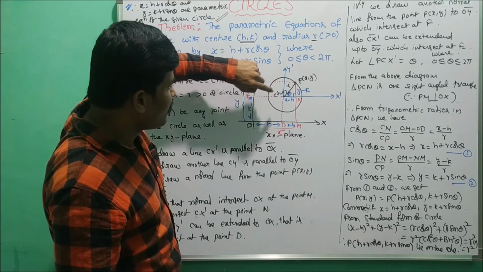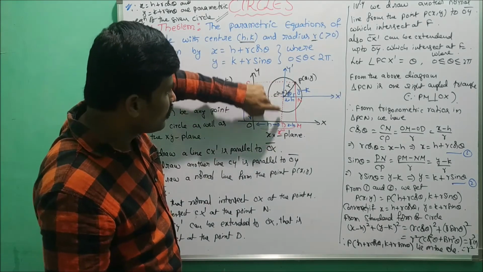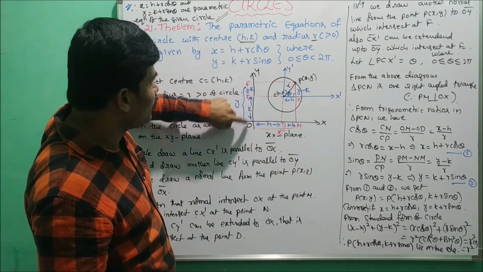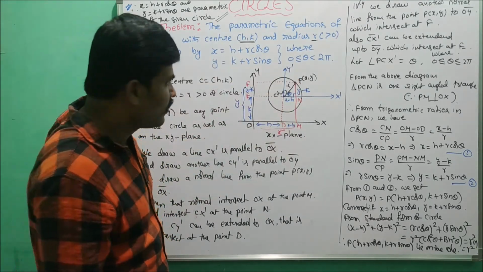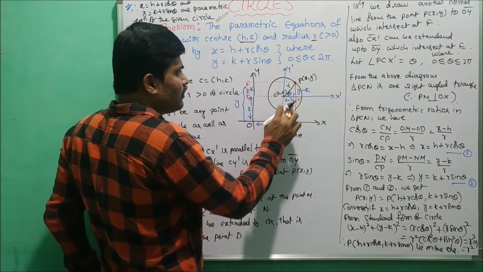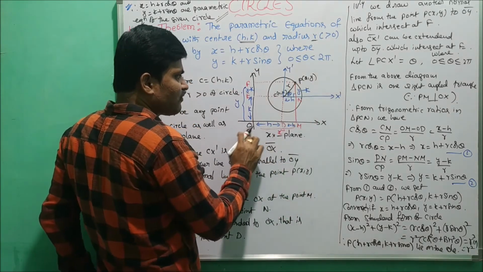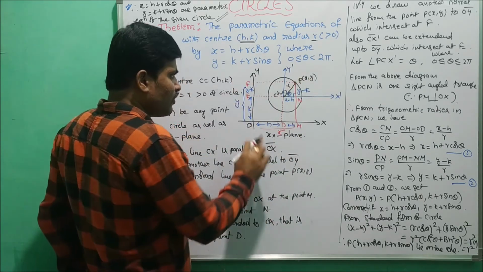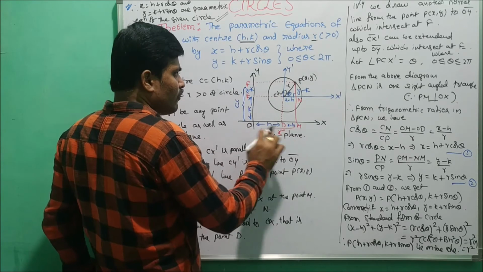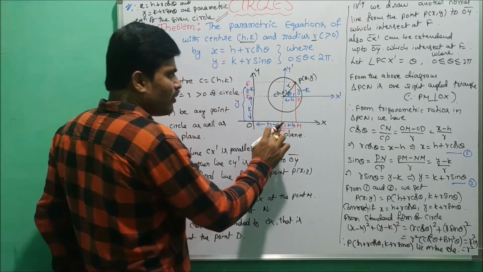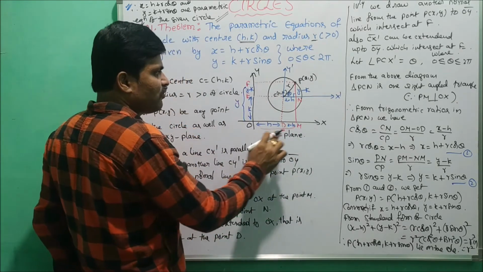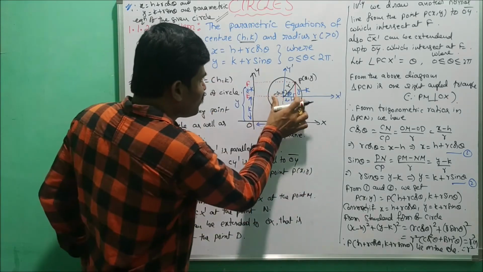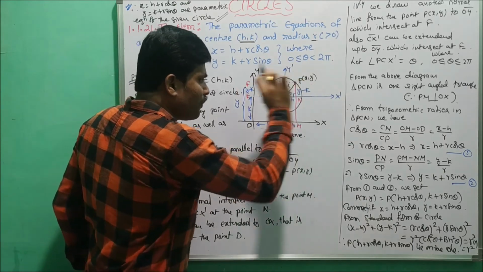Here h is the distance from the origin to that normal line. At the same time k is the distance from the origin to this normal line. So here also we have to observe x and y. x is the distance OM, y is the distance OF. So in that OD, OM, OF, OE, we get the values DM and EF, that are x minus h and y minus k. So clearly DM is always equal to CN, EF is always equal to PN.